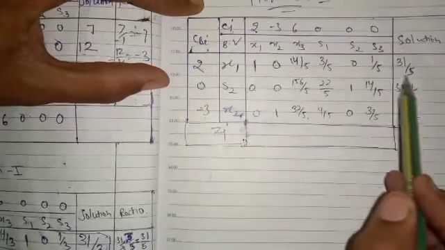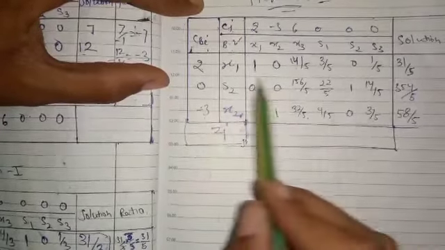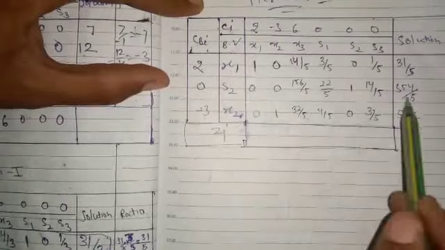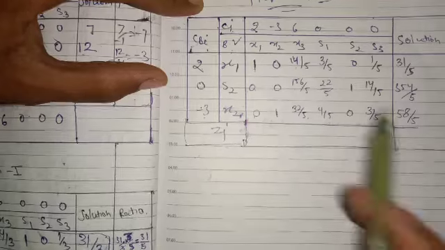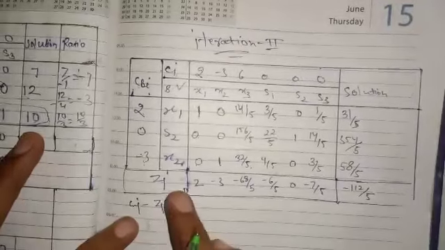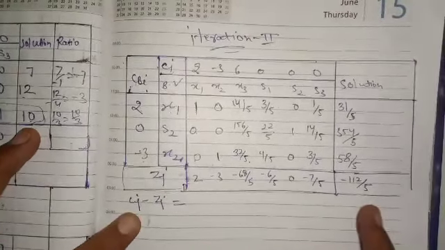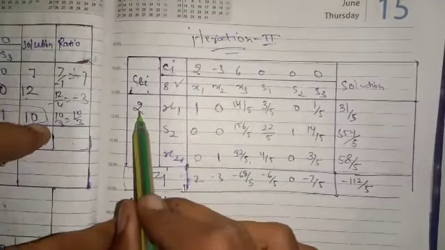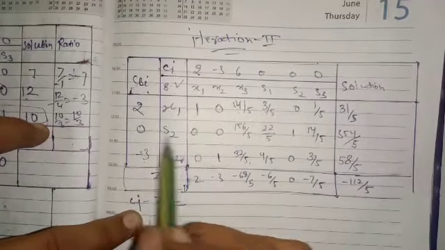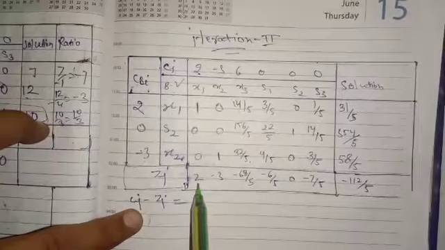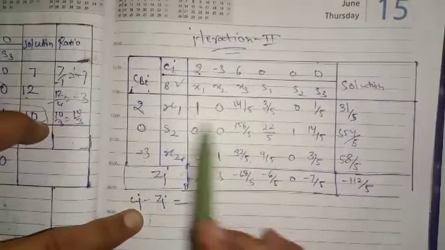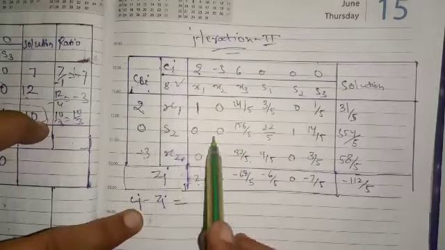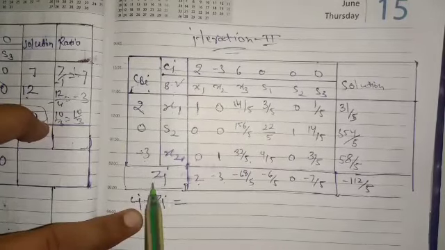So for every element we do this into this, this into this, this into this, and add the values here. So the values of zj are here. The formula again: this value into this plus this into this plus this into this is equal to 2. So for every element we do these things, and the values of zj are here.